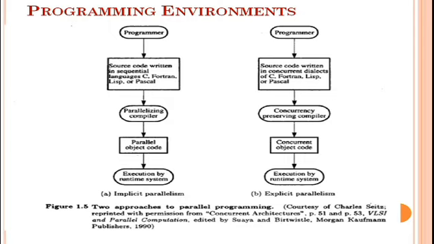The second approach is explicit parallelism, as shown in figure B. It requires more effort by the programmer to develop a source program using parallel C or C++, Fortran or Pascal. Parallelism is explicitly specified in the user programs. So this reduces the burden on the compiler to detect parallelism. Instead, the compiler needs to preserve parallelism and, where possible, assigns the target machine resources. New programming languages